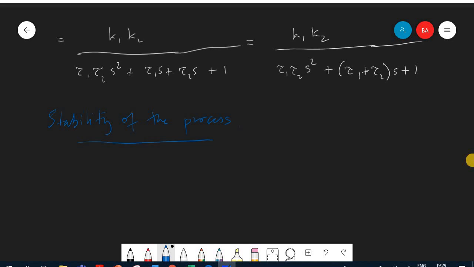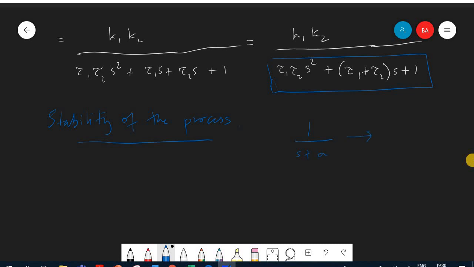To study the stability of the process, what do we look at? We can look at the poles, or let me say we look at the denominator now. You remember that if you have a denominator which is positive, if I had 1 over s plus a,